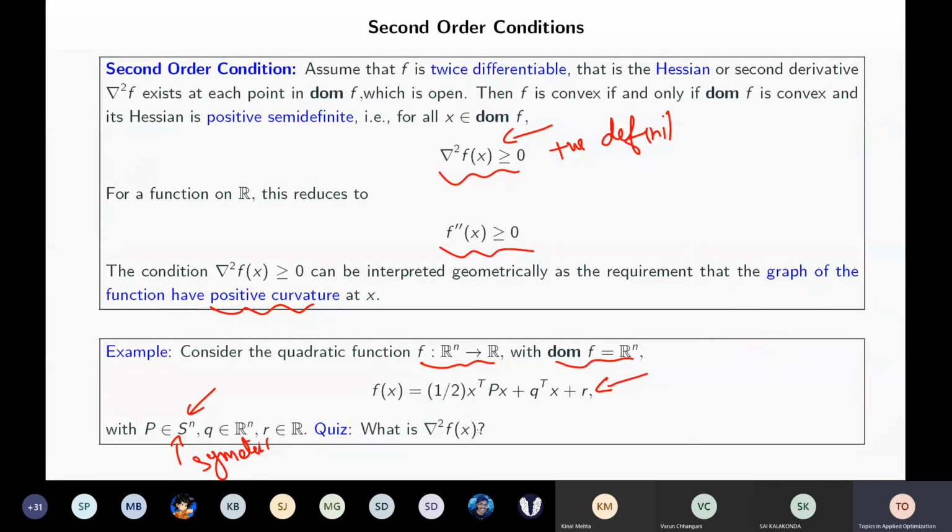And so the question is, what is the gradient of, not gradient, but the Hessian. So what is the Hessian of f(x)? If you're given a quadratic function like this, what will be the Hessian? So here you need a little bit of calculus again, because you need to know how to take derivatives. So if you take a gradient of this,